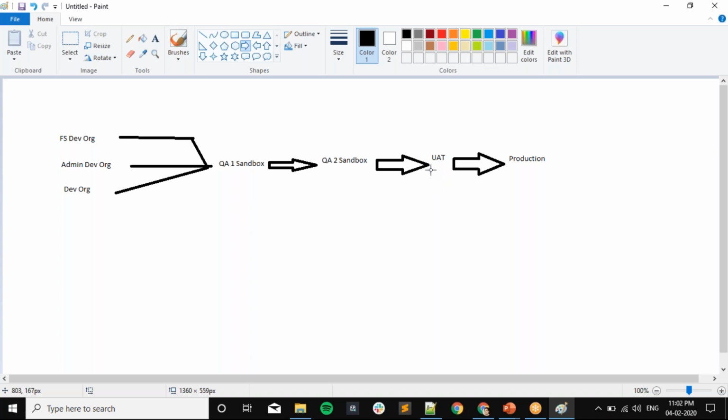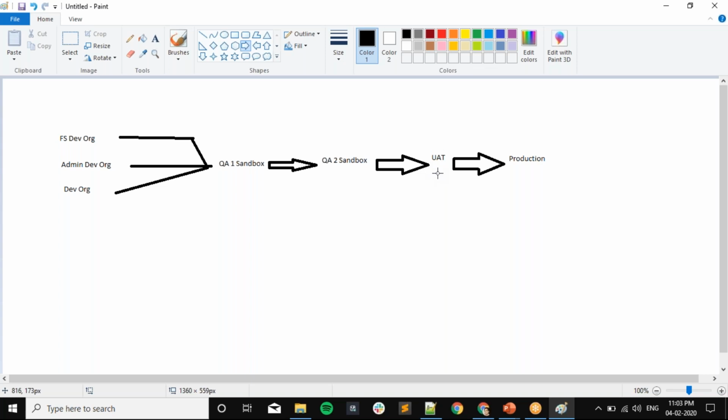First one will be our BA team. The business analyst team will be checking all the changes. The second one will be the managing team, the managers and higher senior level people in our company, around 10 to 15 people, or our CTO, and they will be testing that feature inside this UAT.